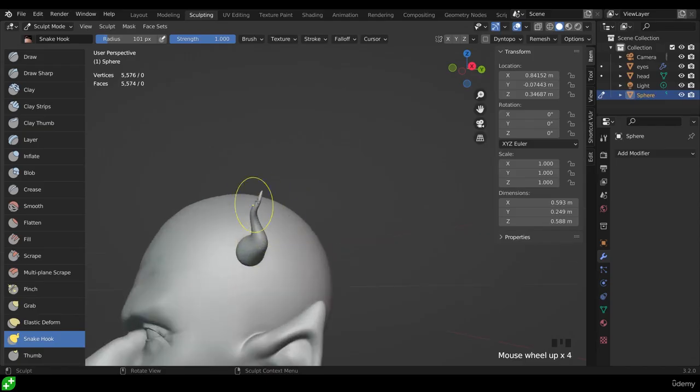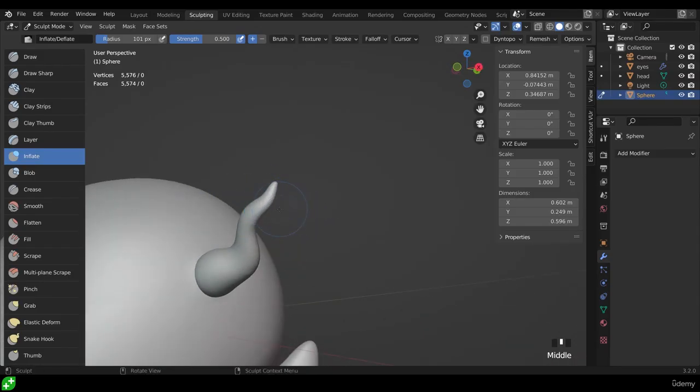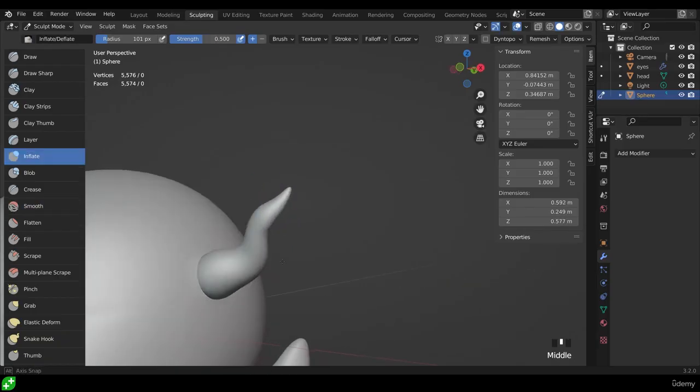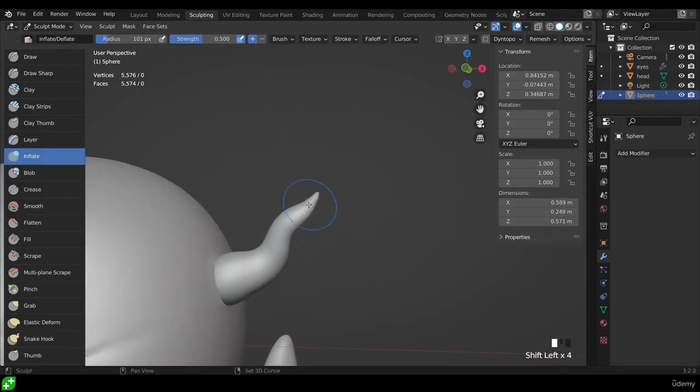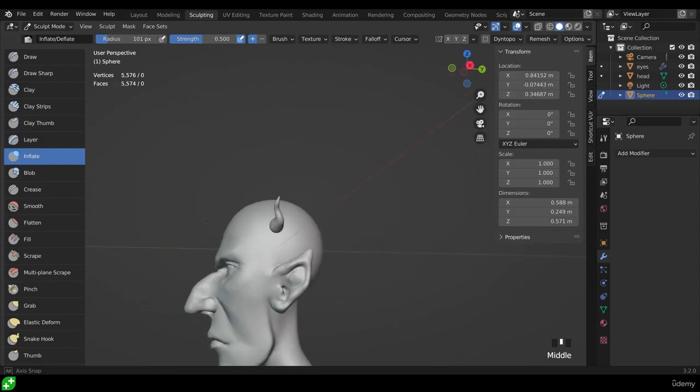And I feel like it's getting too thin at the end, so I can use the inflate brush, and that inflates your mesh, especially if you've smoothed it out lots when it goes to a point. So if I smooth out loads, it goes to a point, you can use the inflate brush to bring it back and give it some substance. I'll just smooth out a bit there, smooth out a touch more at the end, and I've got a wiggly